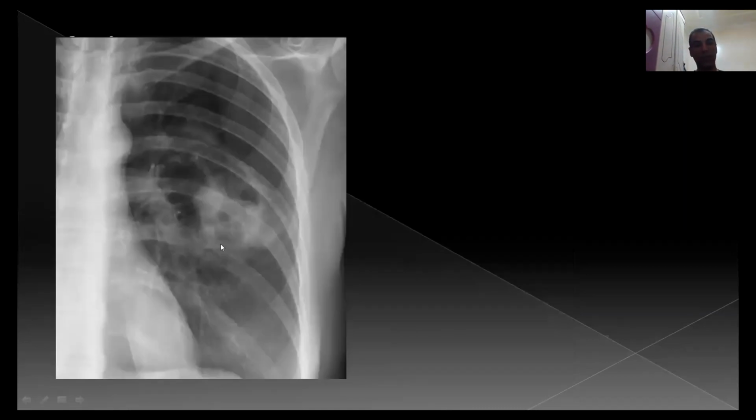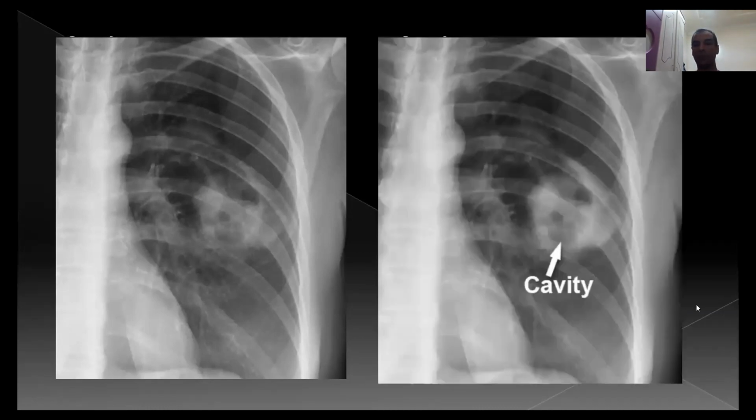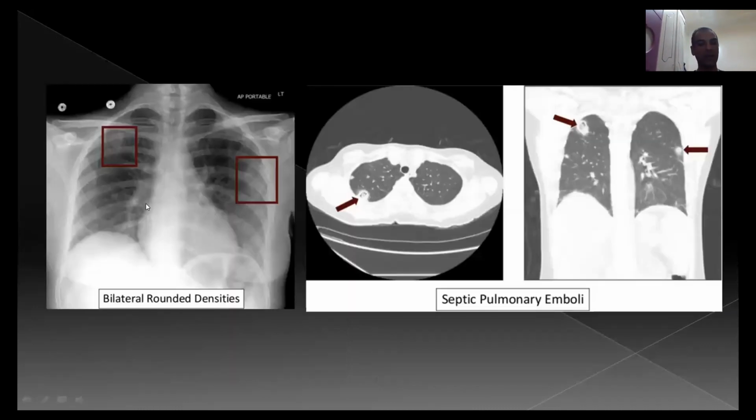This one here, a cavitating mass or cavitating lesion in the left middle lung zone. Maybe neoplastic, maybe infectious, something like this. We need to shift to do contrast enhanced CT. Another form of cavitations here and here. Multiple cavitary lesions, may be septic emboli, pulmonary emboli, but